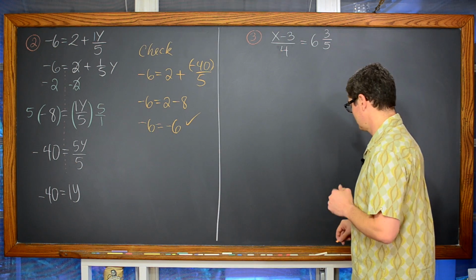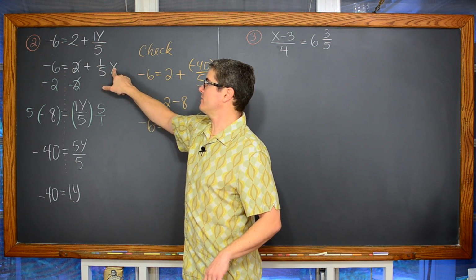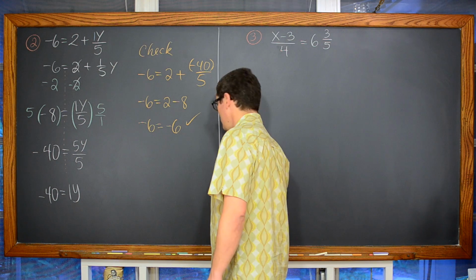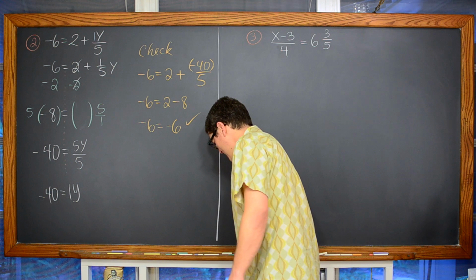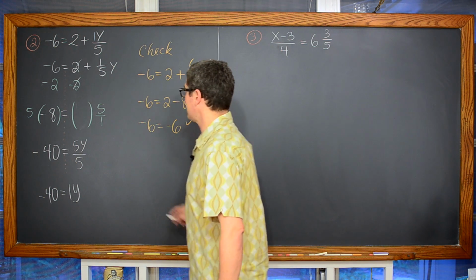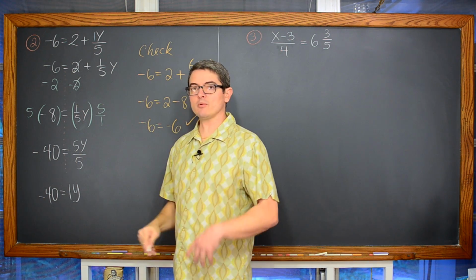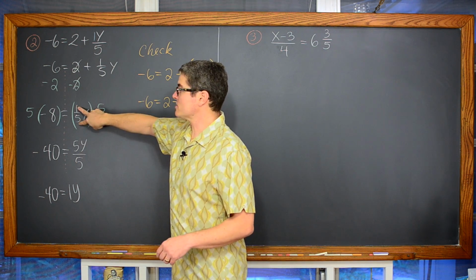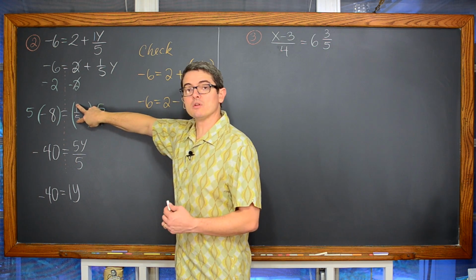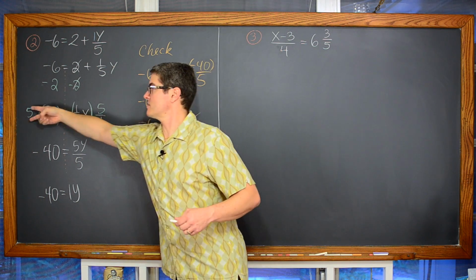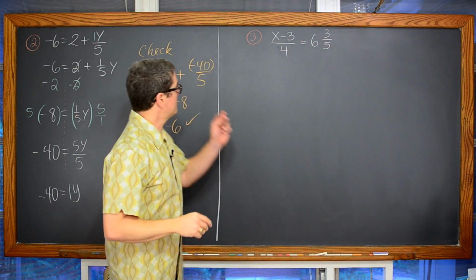Now, if I had worked with that 1 over 5 notation like I showed you, when you have a fractional coefficient, if you want to say it all fancy, if you have a fraction in front of your variable and you're trying to isolate that variable, you're supposed to multiply both sides of the equation by the reciprocal. And the reciprocal of 1/5, when you flip it, you get 5 over 1. So, equivalent work there.